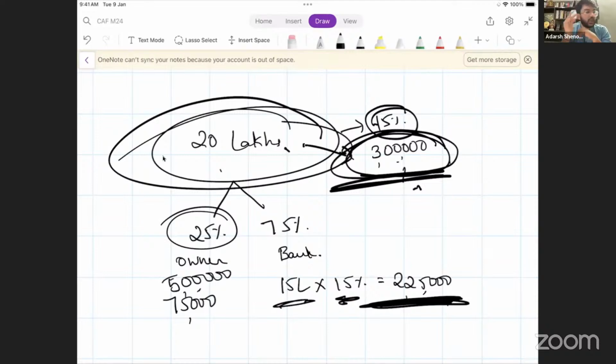30 lakh ಬೇಕಿತ್ತು 30 lakh ಕೂಡ ಬ್ಯಾಂಕರೇ ಹಾಕಿದ. ಆಗ ನಿಮ್ಮ 1 ರೂಪಾಯಿ ಕೂಡ ಇರಲಿಲ್ಲ business ಅಲ್ಲಿ. So you showed less interest in the business. Now the banker is saying you put 5 lakh, I will put 15 lakh. So ನಿಮ್ದು 5 ಲಕ್ಷ ಕೂಡ ಉಂಟು business ಅಲ್ಲಿ. You will not take it lightly now. You will show some interest because your money is at stake over here. If the business fails, you lose 5 lakh rupees as well. So that is why the banker says, I'll give you a loan, but not the full amount, little bit margin we will cut. So this is the concept